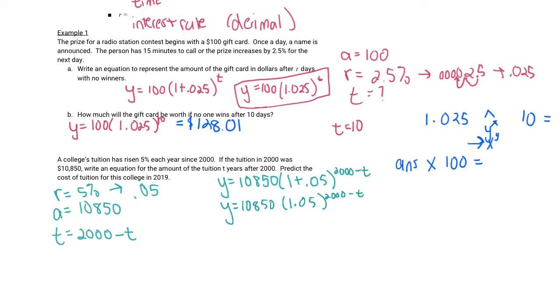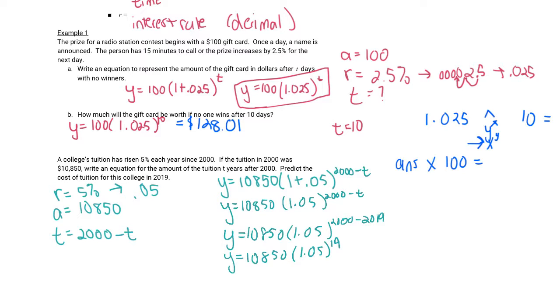Now we want to predict the cost of tuition for this college in 2019. So where t is, we're going to write 2019: 10,850 times 1.05 to the 2000 minus 2019 power. Here's what I would do on my calculator. First, let's simplify. Y is 10,850 times 1.05 to the 19th power. Because 2000 minus,